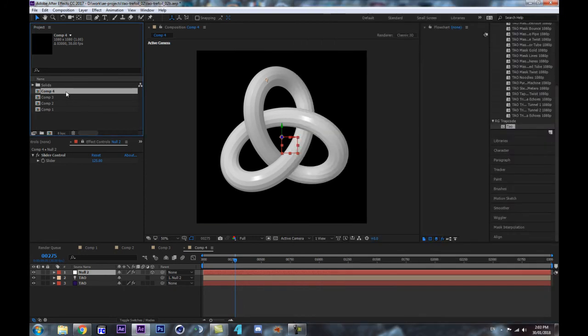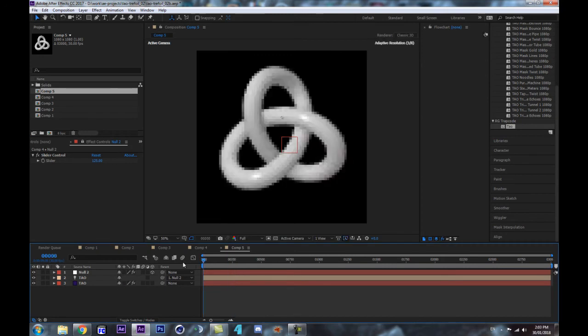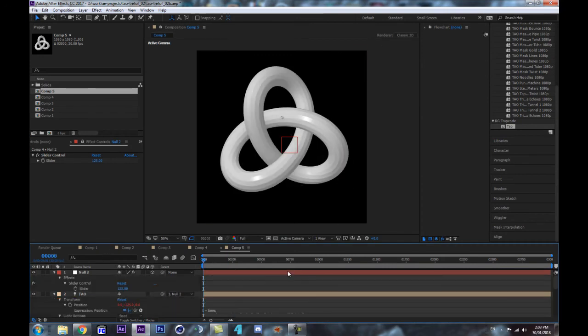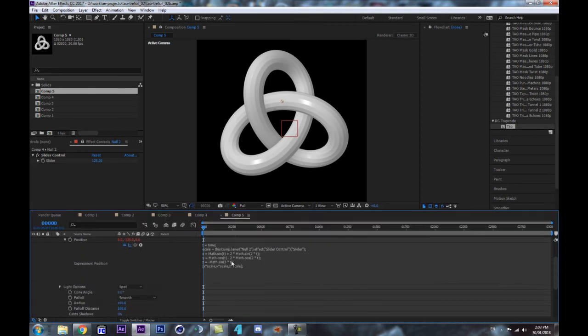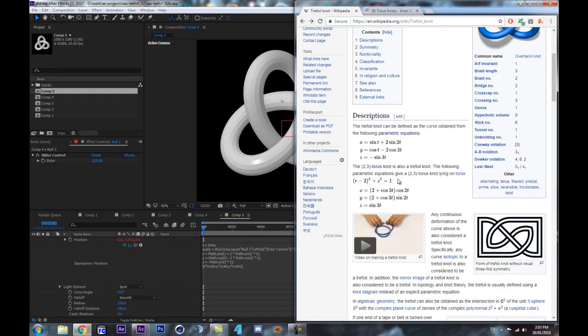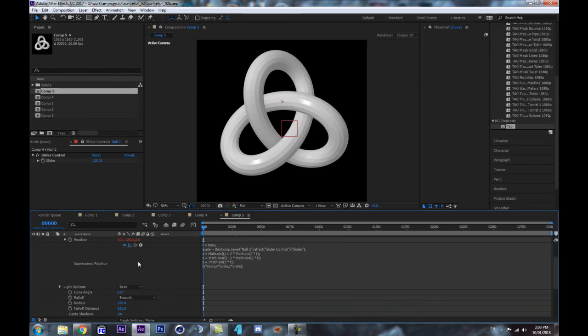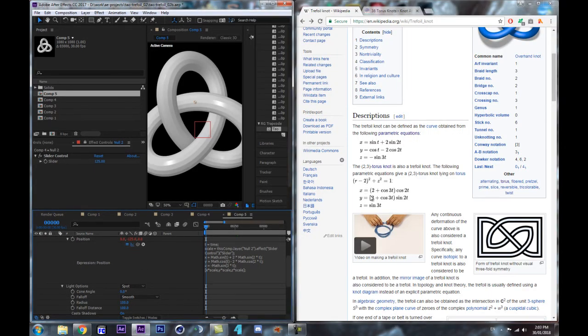So let's duplicate our comp here, on which we have the trefoil knot. And let's go here. I'm gonna play around with our little formula here. So there. Let's toss this on the side again. It says x equals. So let's start from scratch with the x. So x equals parentheses 2 plus